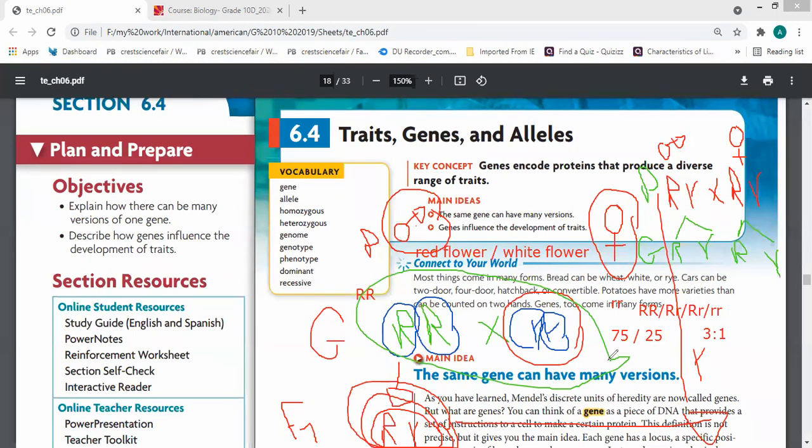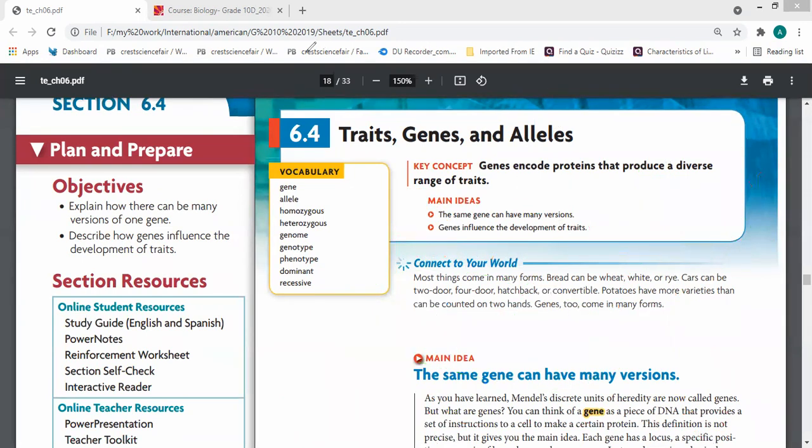In this case, the first generation is 100% dominant, the second generation 75% dominant, 25% recessive. Why? In case of another example,